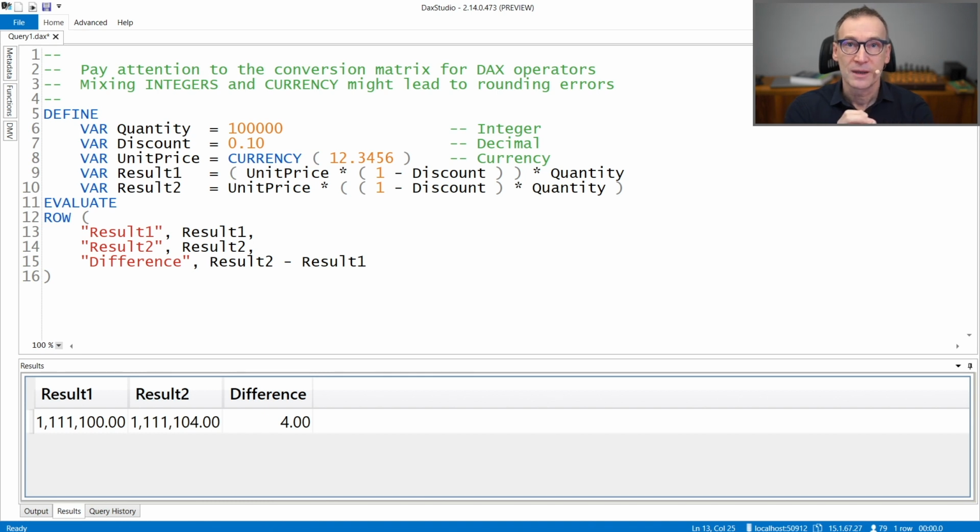that you need. These operators work with any numeric data type, but you need to pay attention to how you combine different data types together in a single mathematical operation, because the data type of the result also defines the precision of the result. Let's take a look at the conversion matrix.